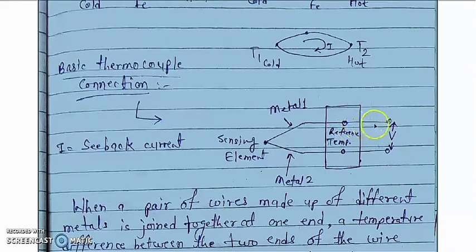Here you are watching that these two ends are at reference temperature. Reference temperature may be room temperature or maybe 0 degrees Celsius. Generally in industry it is the room temperature or the field temperature. So if we put a voltmeter here, you will be able to watch a voltage in the range of hundreds of microvolts, or a very little amount in millivolts, not more than that.